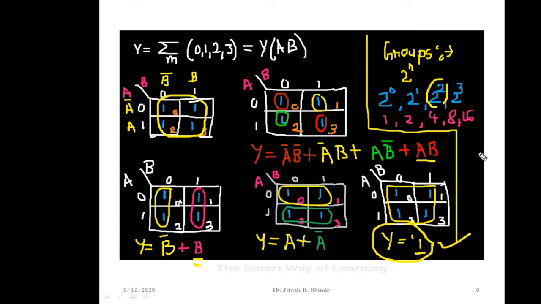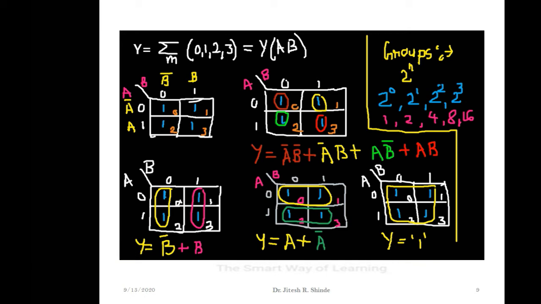Moreover, a further point here, I want to illustrate the grouping in this fashion. The grouping in this fashion means diagonal grouping. Diagonal grouping, in this way, is strictly prohibited. It's not allowed in K-map. Diagonal grouping in this way or in this way is not at all allowed here in K-map. Remember this. So this is the basic essence of 2 variable K-map, which will be adapted in 3 variable, 4 variable and 5 variable K-map as well.